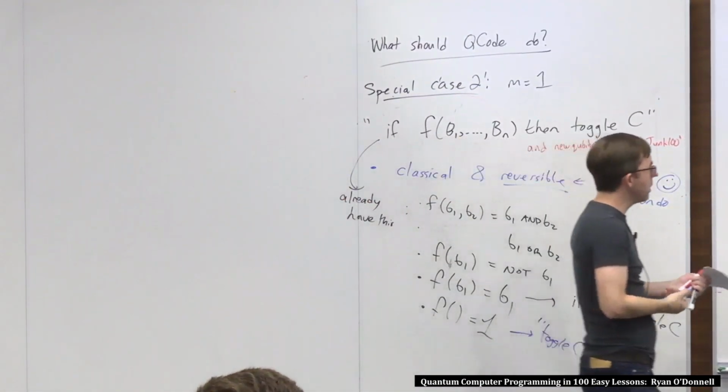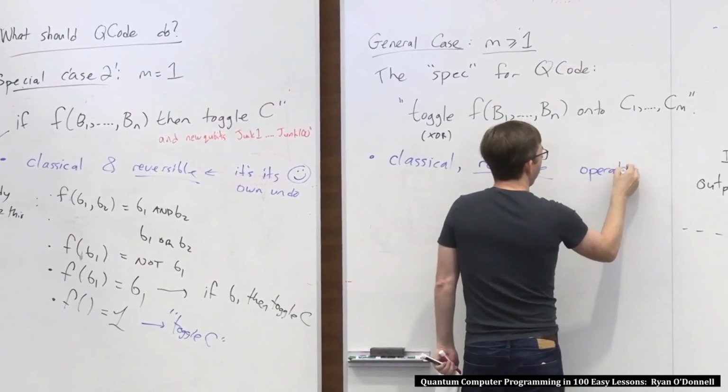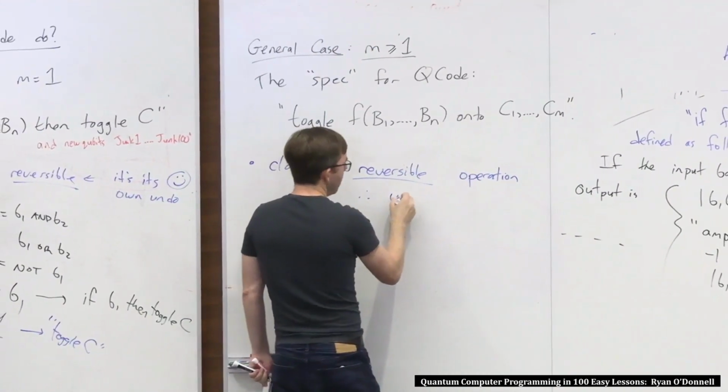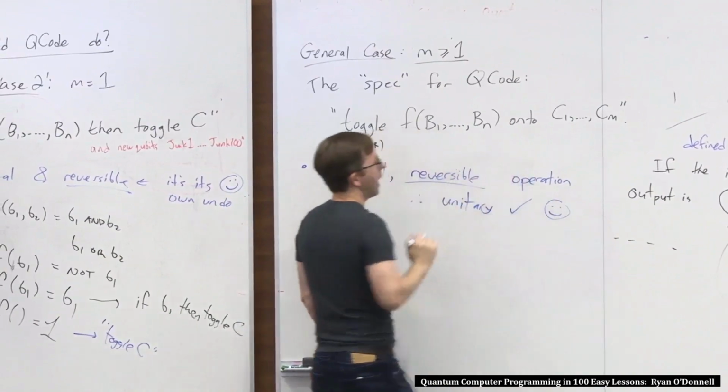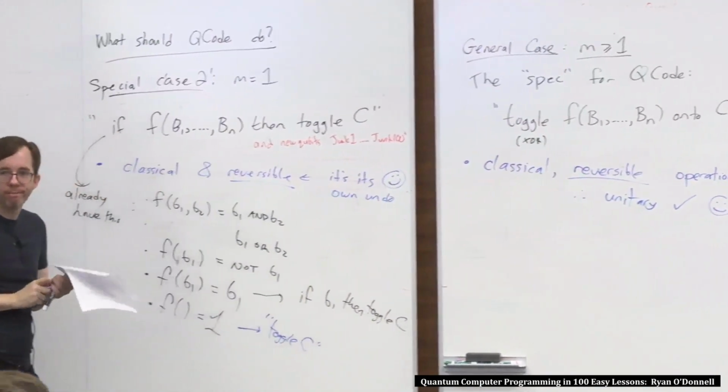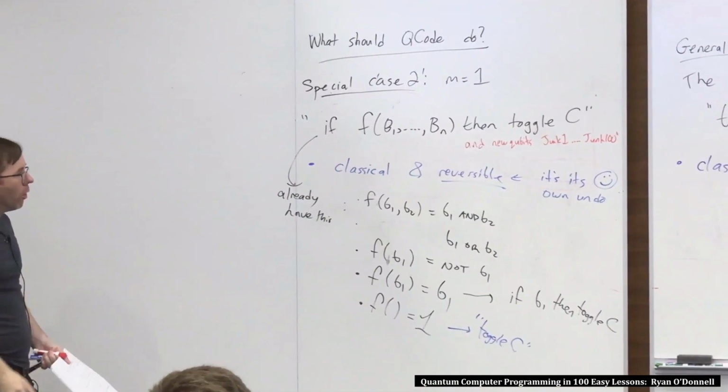So I hope I just convinced you this is a classical reversible operation. And therefore, as we know, it's unitary, it's quantum eligible, we're happy. This can be, in principle, done by a quantum computer. Moreover,